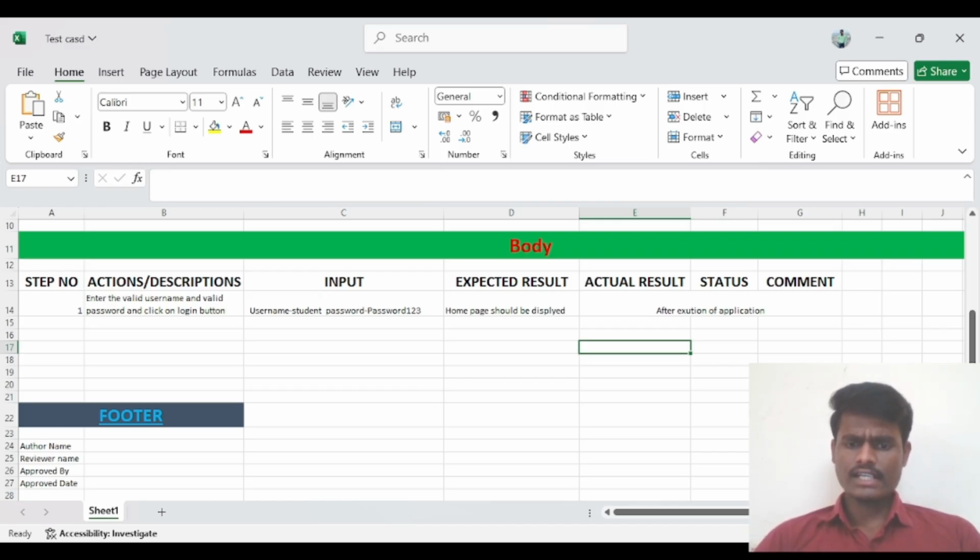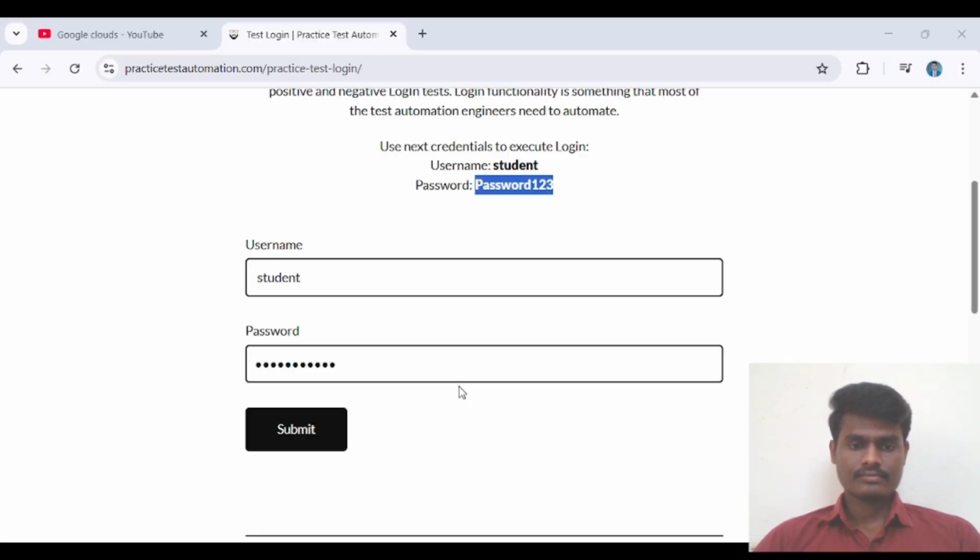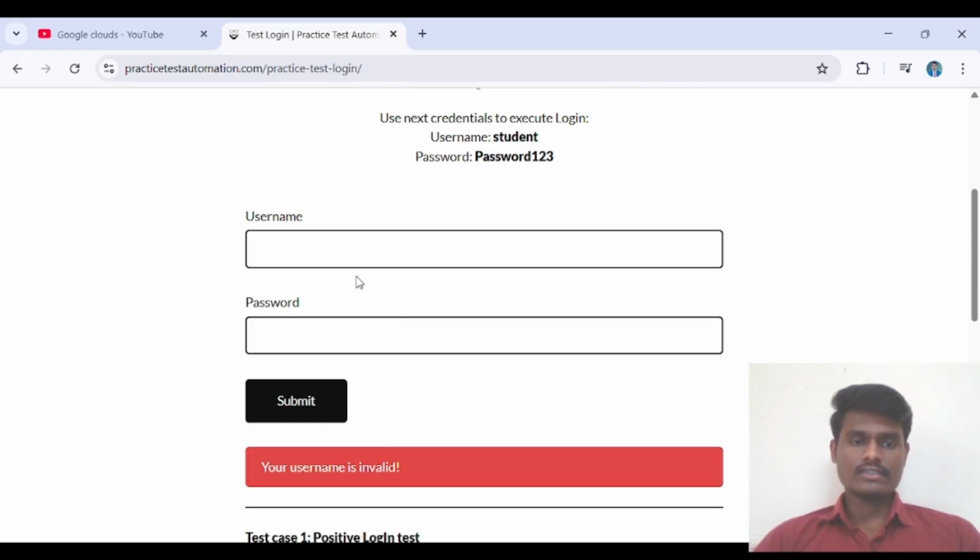And as I told you guys, let me share that screen. For this I have given a valid username and valid password. If I click on submit, you will get what?